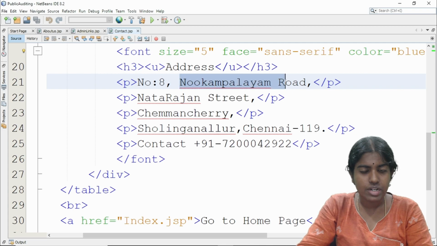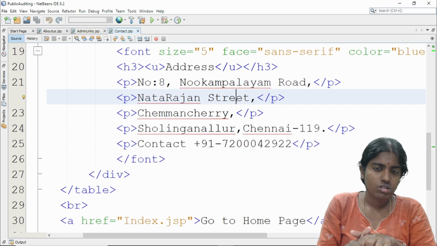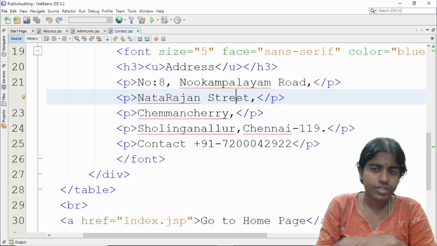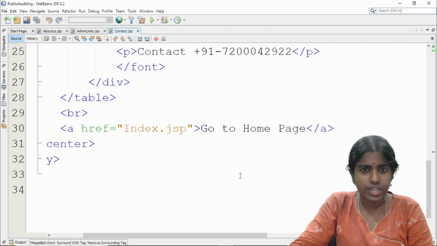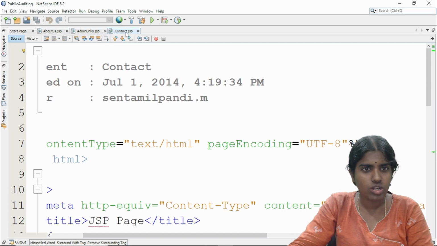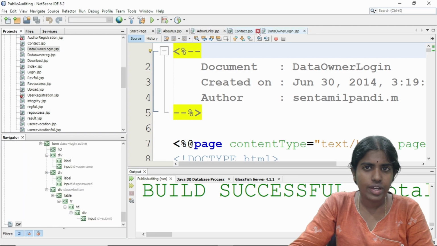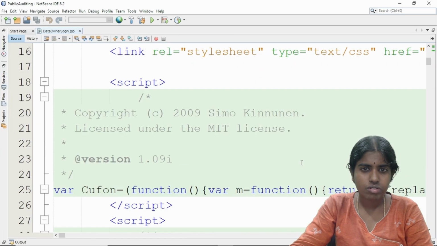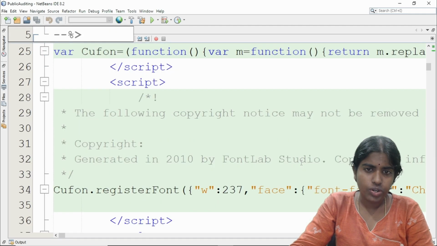Whatever is the address, this is my company address, right? So I'm just having this address. So you can just see Natarajan Street, Chamanjeri. So you can just see here. So I'm just providing the office contact address, and I have a data owner login.jsp. So you can just see here.